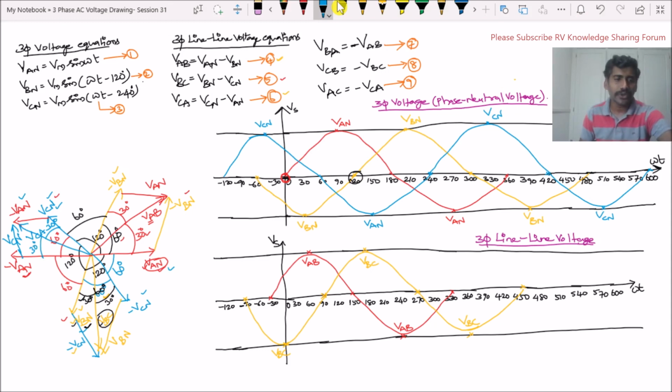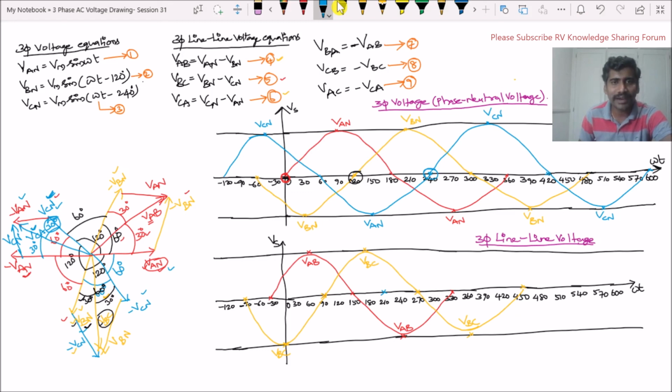So if you look at this phasor diagram, it is clear that our resultant voltage vector VCA is ahead by 30 degrees from this phase voltage VCN. That means our line voltage VCA starts 30 degrees before the commencement of VCN. I am marking in blue color in our phase voltage. Our VCN starts at 240 degrees. So 30 degrees before means it becomes 210. So at an angle of 210, our line voltage VCA starts.